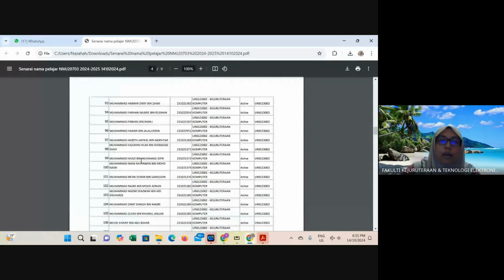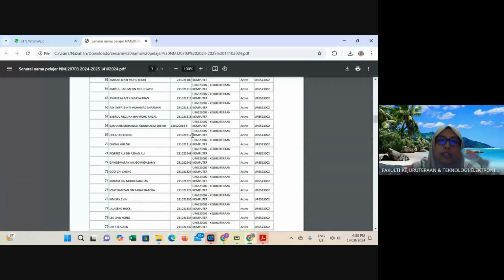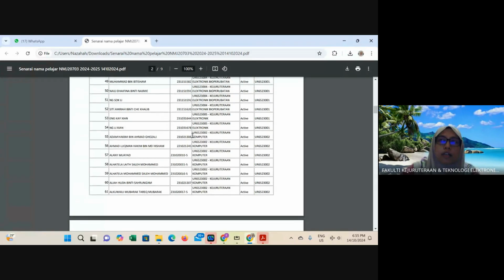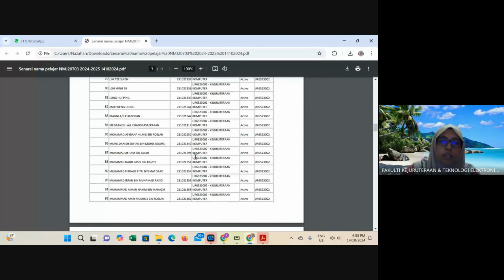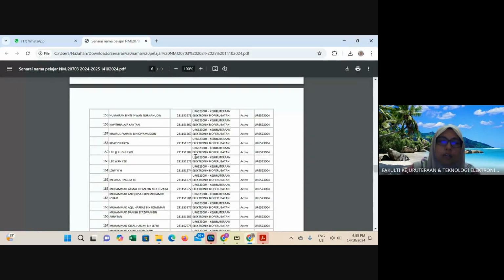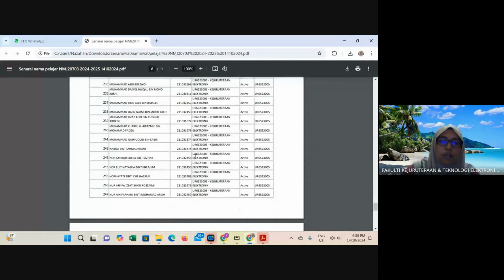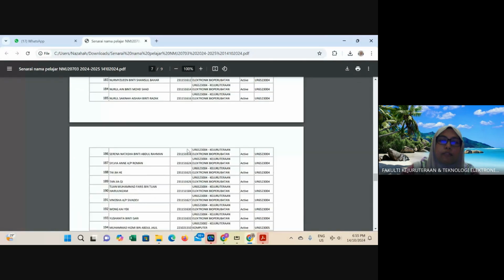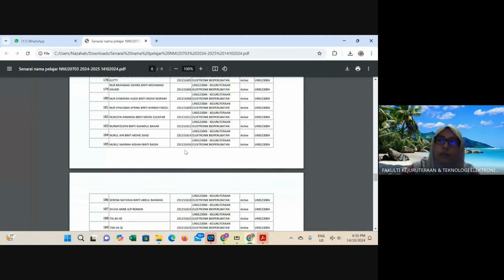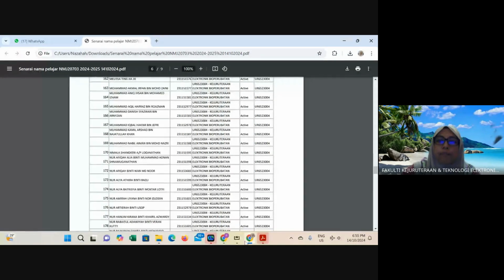I put the first part micro E, then follow with computer, then biomedical, and lastly electronics. So search your name patiently. If you did late registration or manual registration, of course your name is not there, so you have to write your name there. If your name is not listed, please write it. Is that okay?